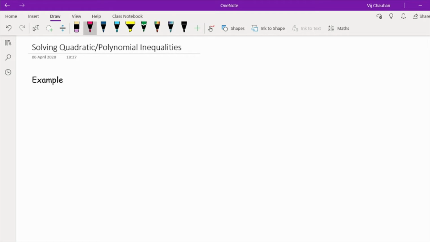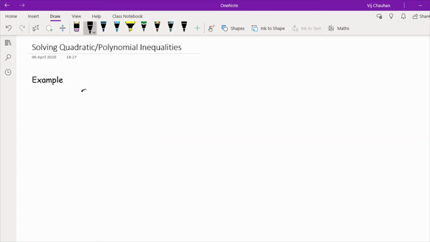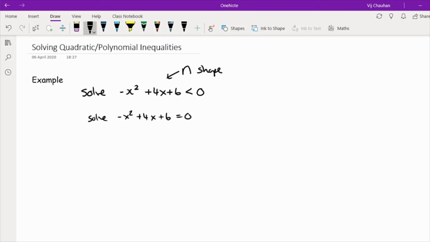Now let's say we had a negative parabola. So let's just get to a point where I change the colour of pen. Let's say we were asked to solve minus x squared plus 4x plus 6 is less than 0. So here we're going to end up with an N shape or a negative parabola. And so if we then go on to solve minus x squared plus 4x plus 6 equals 0, then what